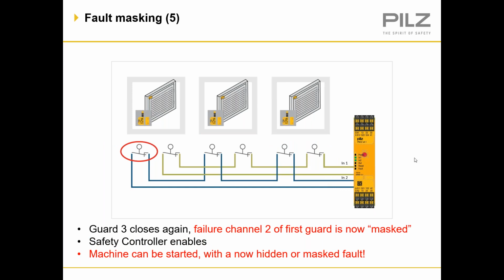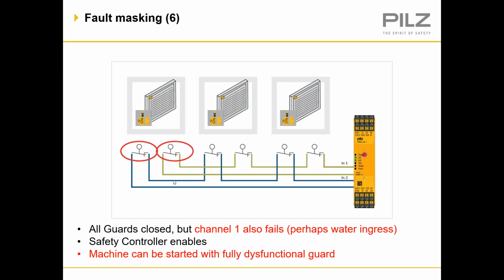Guard 3 is now closed. The channel 2 fault on guard 1 is now masked. The safety controller is enabled and the machine can be started with the masked fault. So due to the washdown scenario at the end of the shift, over time, channel 1 on guard 1 also fails, and this could be due to water ingress. The safety controller is enabled and the machine can be started with a fully